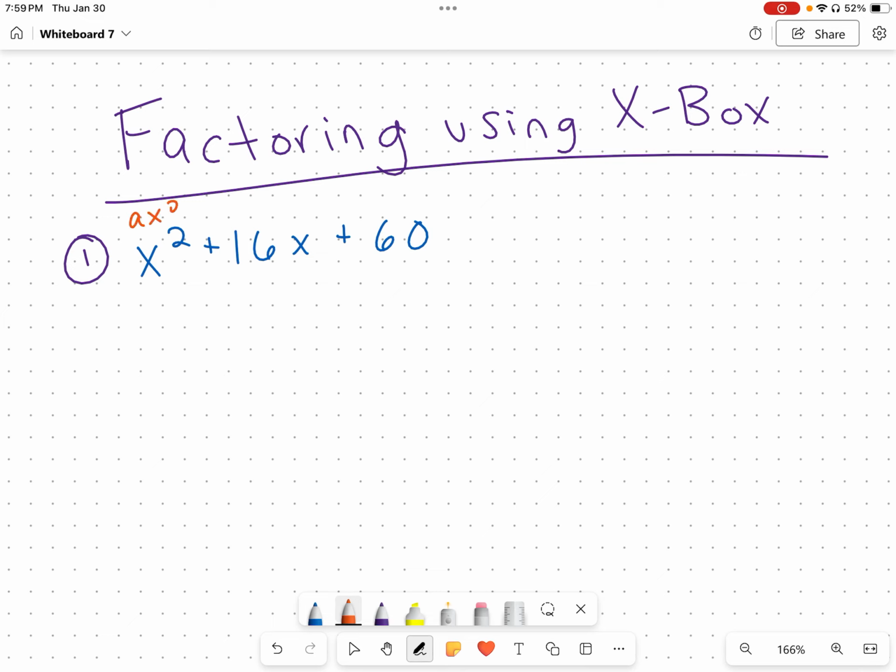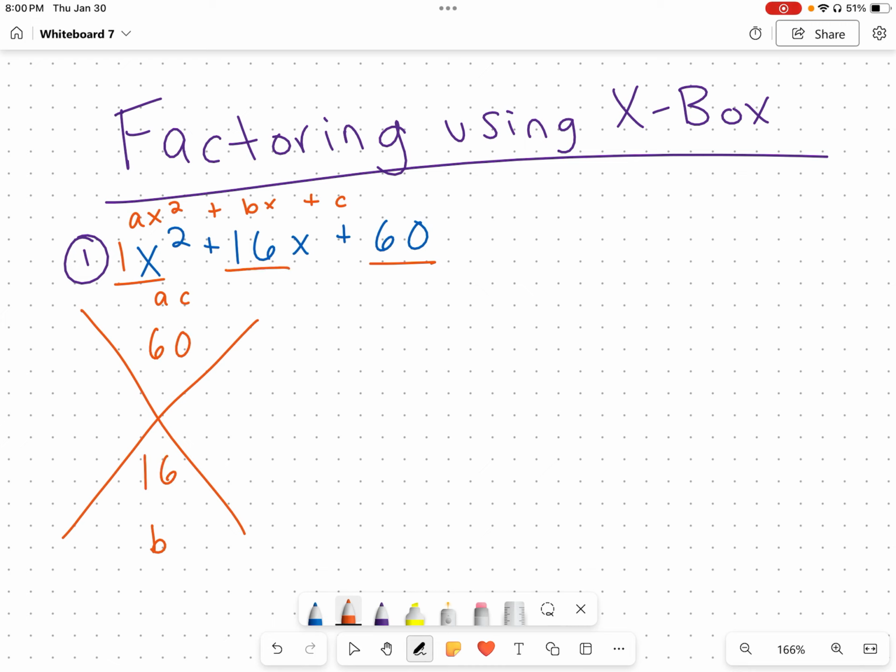So remember that the trinomial is written like this: ax squared plus bx plus c. And when we do our x, what we put on top is a times c, and what we put on bottom is b. So a times c, so that'd be 1 times 60, which is 60. Then b is 16. So we want to find the magic numbers that go here and here that multiply to get 60 and add to get 16. So you can go to your calculator if you want,